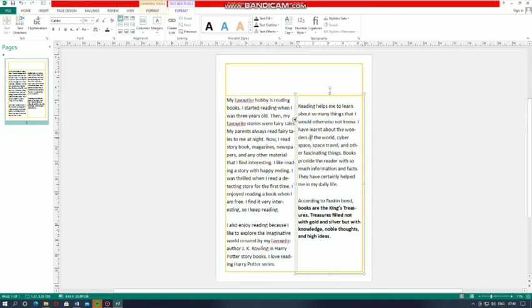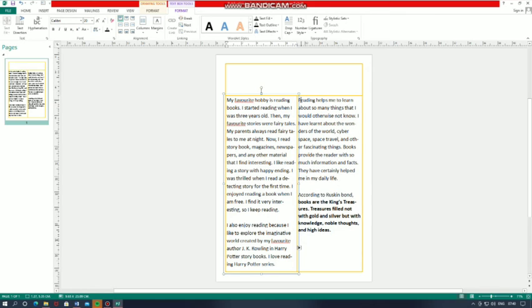Now, these both text boxes are linked. So you can see here the continuation of text in both the text boxes. If you click on this, you can see this arrow. If you click on this arrow, your cursor is coming to the left text box.